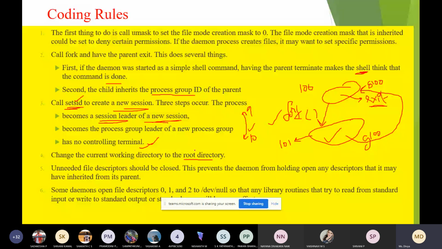Fifth point is, unneeded file descriptors should be closed. Suppose you have created file descriptors by opening a file or reading a file. Whenever you try to read a file, a file descriptor will be created. It's like a pointer to the file. Once everything is done, all these four steps are done,